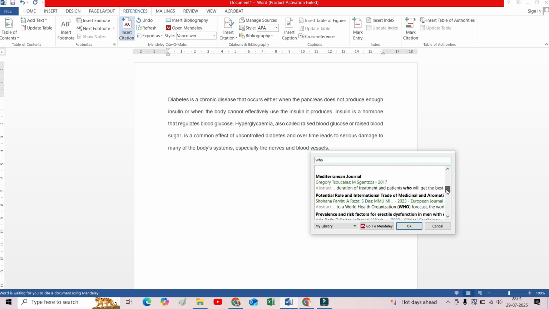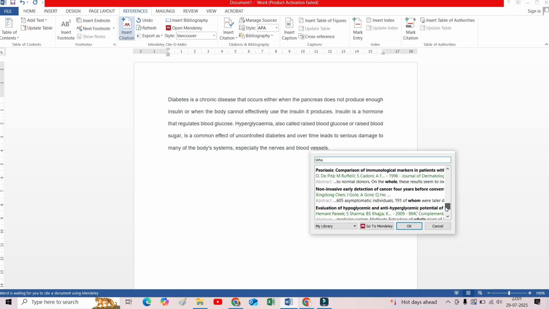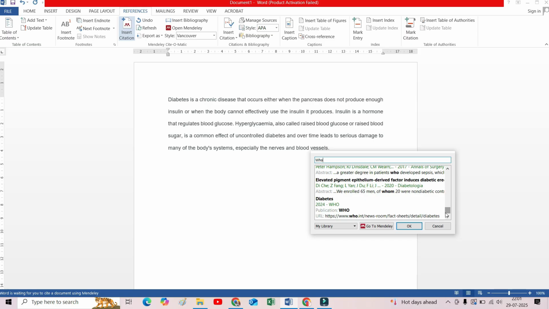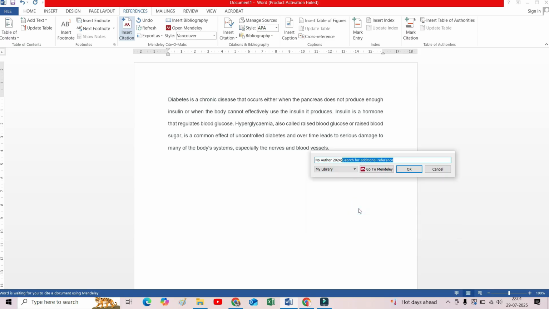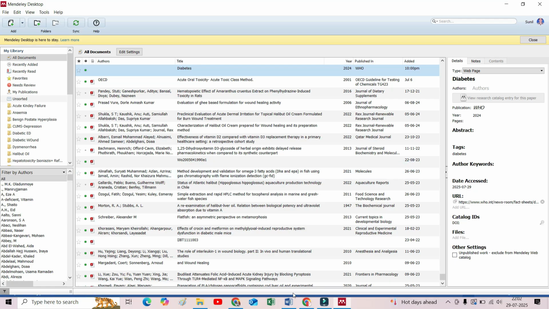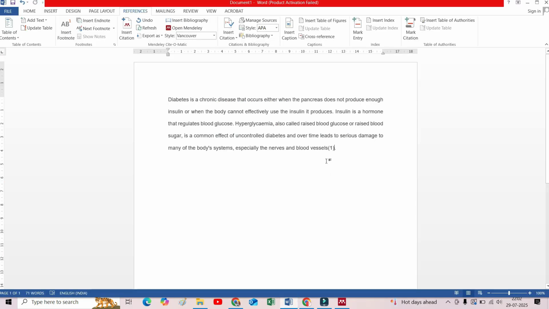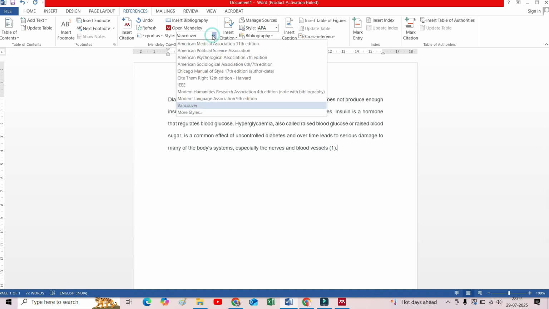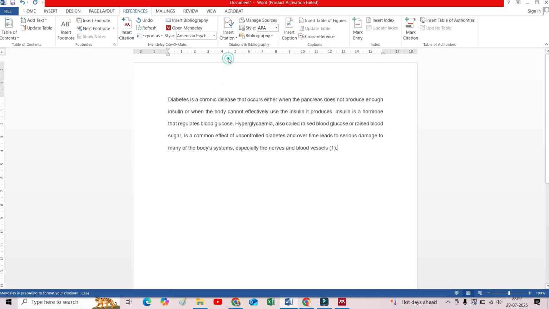It is not showing the option because I have a lot of data. So here it is, and OK. After addition, you can see it has tagged. You can change its style if you want any other. So we will choose American Psychological Association 7th edition, and it will write like that. And when you add it in the reference,